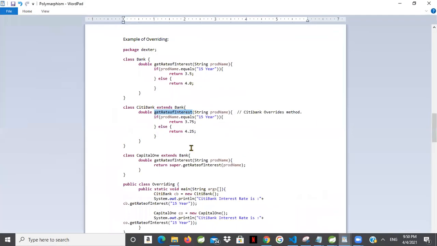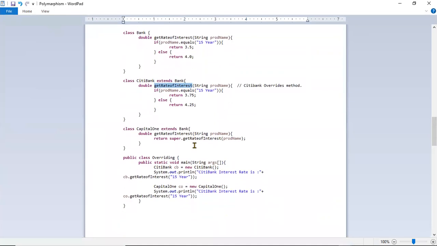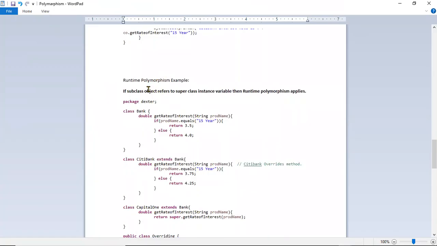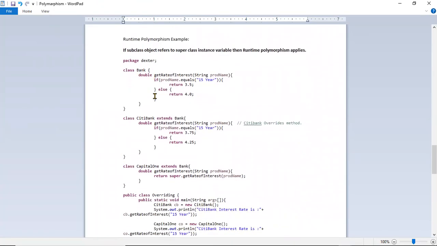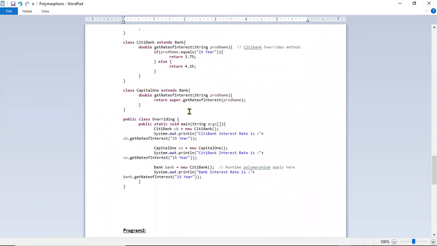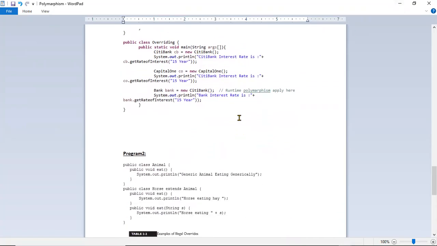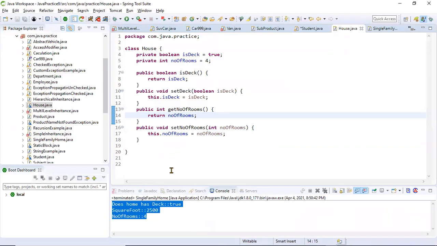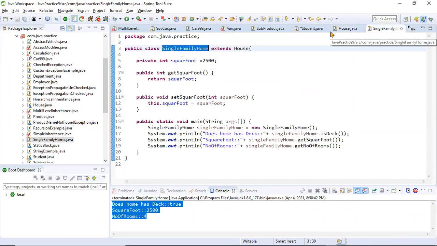So here, there are some examples I have given. I put a runtime polymorphism example. Now there is one rule, and I will tell you what that rule is. When you're creating classes,